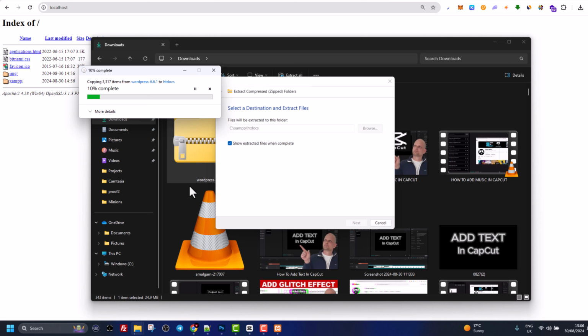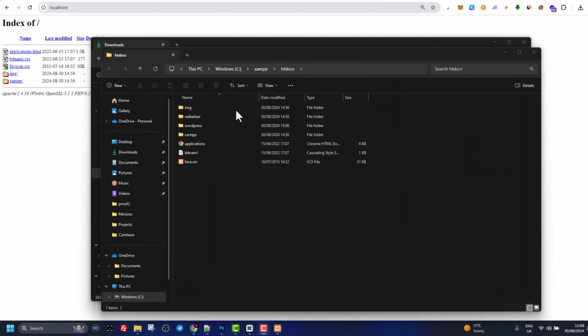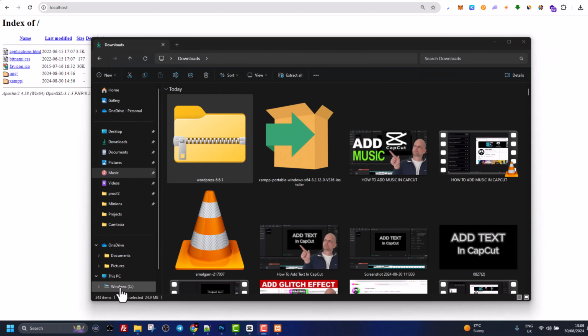And like I mentioned earlier on, if you will be working with one WordPress website, or with two or with three WordPress websites, all of them will be extracted to the XAMPP htdocs folder. And once this WordPress has been extracted to the htdocs directory, again you can go here into Windows